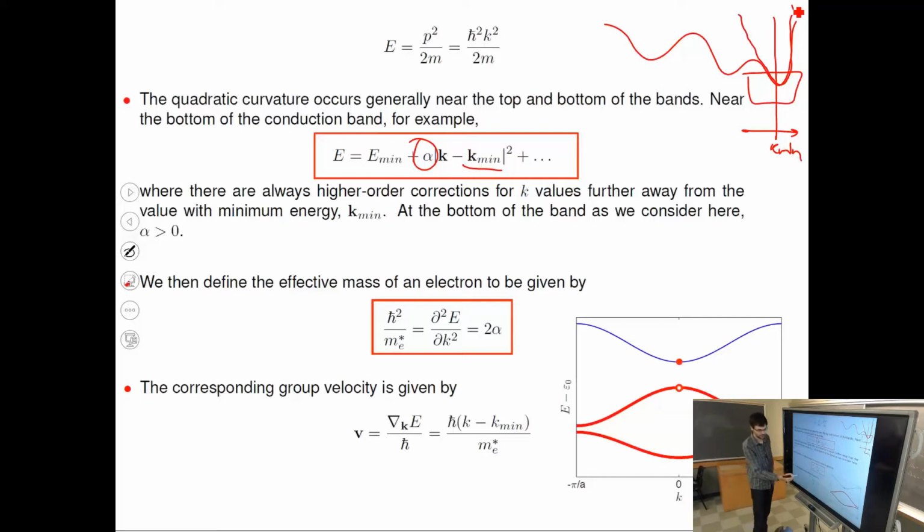And that is related to the first derivative of the energy band, so the gradient in K of the dispersion relation. And so in case of this one-dimensional structure, for a given K vector, the group velocity is given by K minus K minimum divided by the effective mass. So that would be the first derivative of this expression, basically. Okay, so that's the velocity with which a particle of mass m star is moving in the conduction band.